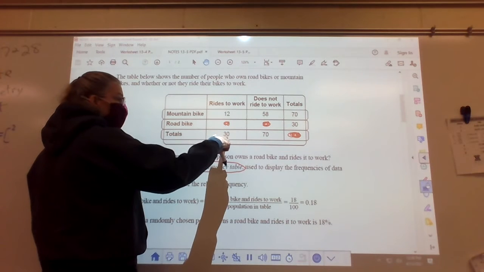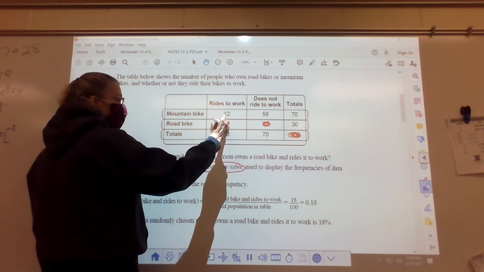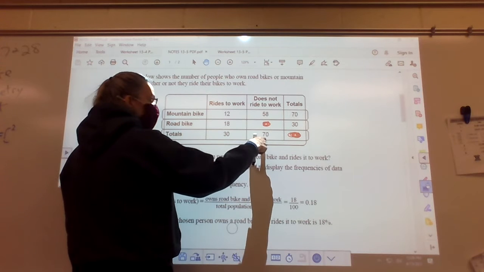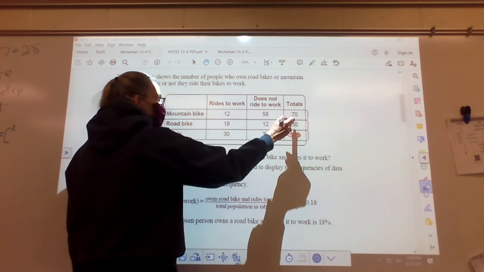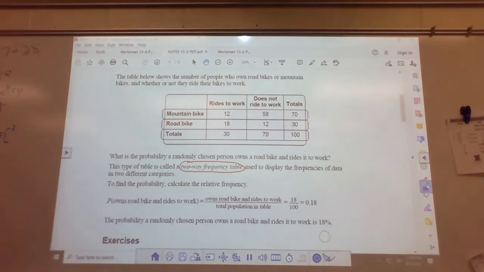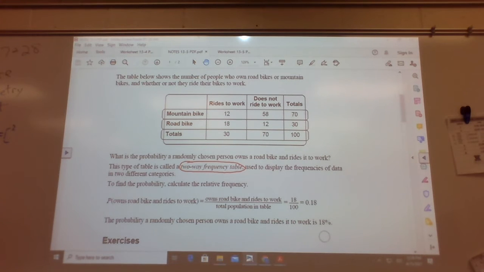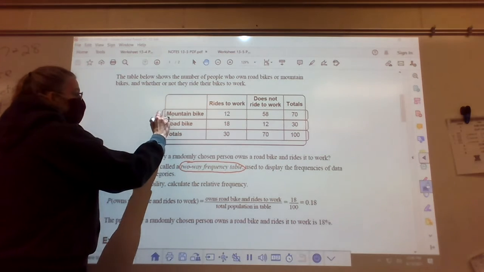If 30 is the total, subtract 12, you'll get this one. If 70 is the total, subtract 58, you get this one. 70 plus 30 is 100. So a lot of times on these, sometimes it's a two-part question. The first part may say complete the table. The second part may say something like find the probability a randomly chosen person owns a road bike and rides to work. Well, owns a road bike is everybody